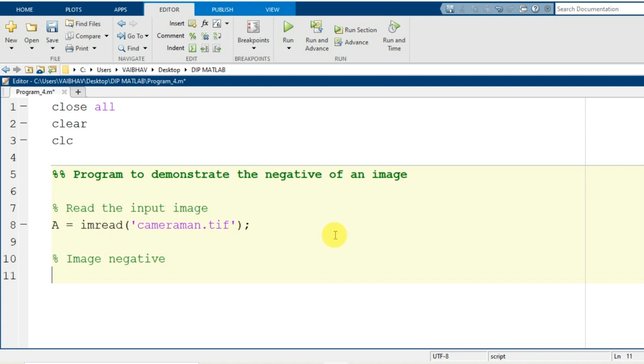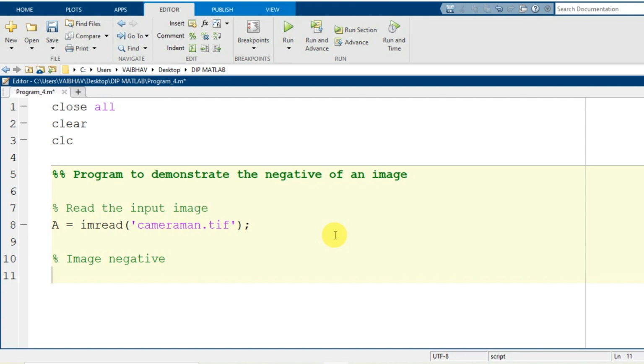So if you start at 0, the maximum brightness level or grayscale level will be 255. So when you want to determine the negative of the corresponding grayscale image, you have to subtract the original image from the maximum intensity possible.